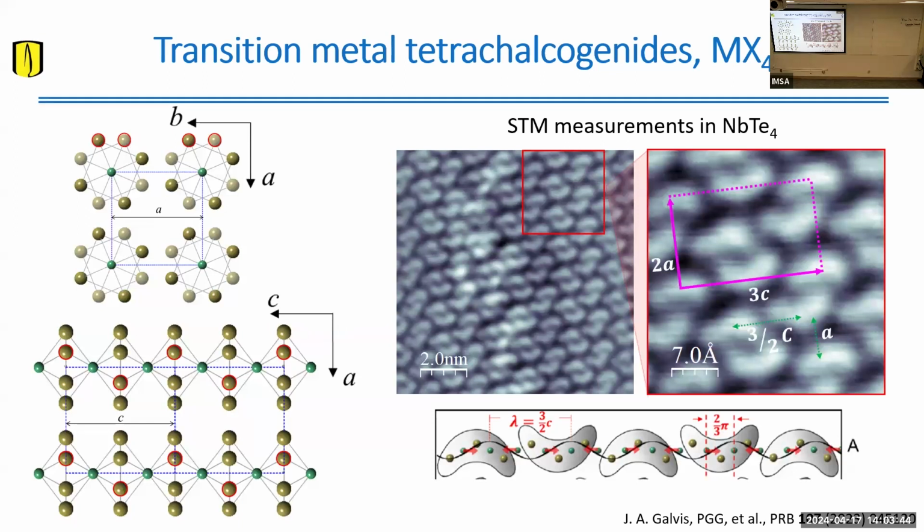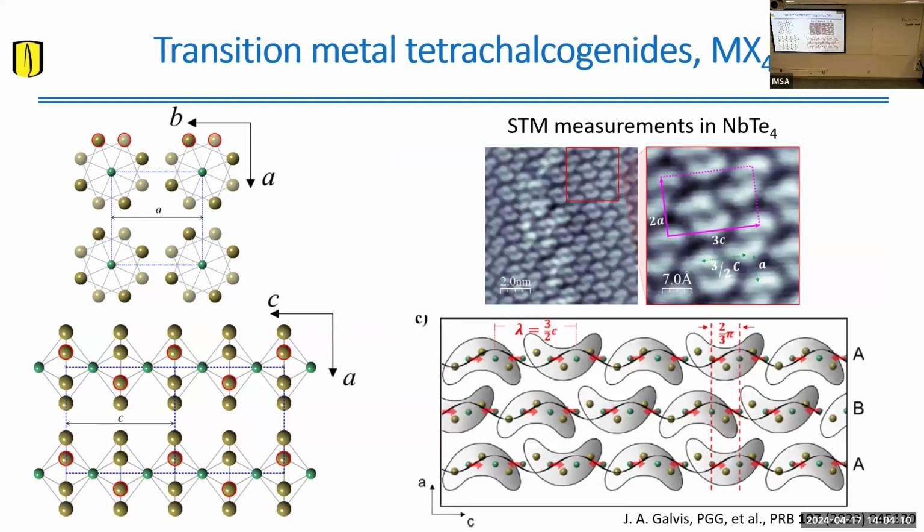So this actually creates an asymmetric structure for the charge in each of these cashews. And you can actually see that if you create a more contrasty color plot for these cashews, you see this asymmetry in the charge. So this means that the wave vector or the wavelength for this charge density wave is actually 3/2 of the C unit cell. All right, and if you analyze adjacent chains, they actually have an AB stacking for these chains.